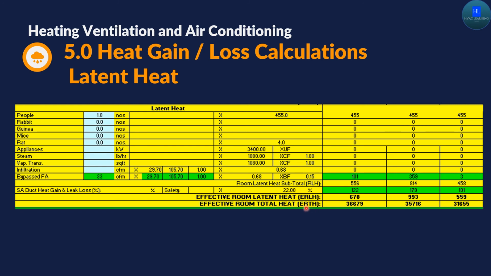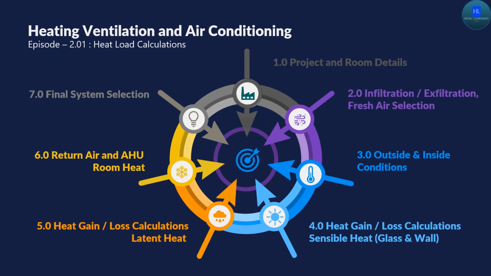Now below this there is another heat factor, which is effective room total heat. This is nothing but the total of effective room sensible heat which we have calculated in step 4 and the effective room latent heat which we are considering now. So the total of this is coming for the respective seasons into 36,000 to 31,000. Once we are done with the effective room total heat, we will move to the next. Now let's move ahead,